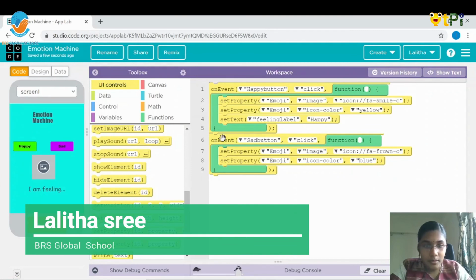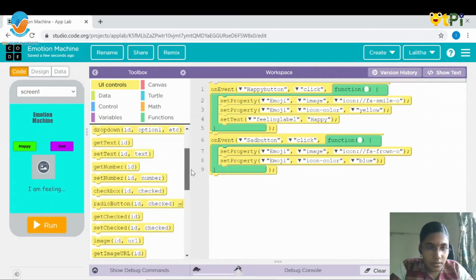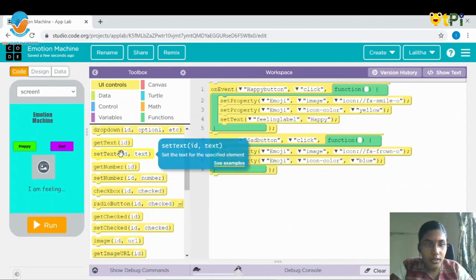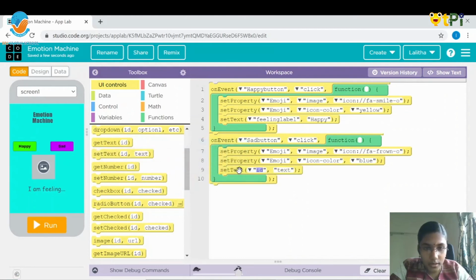So we are done with the image part, and next we need to drag and drop the set text, and instead of ID, it should come as, just wait a minute, it should be actually emotion label. So just choose here emotion label, and the text should be sad. So that's all. We are done with the coding part also.